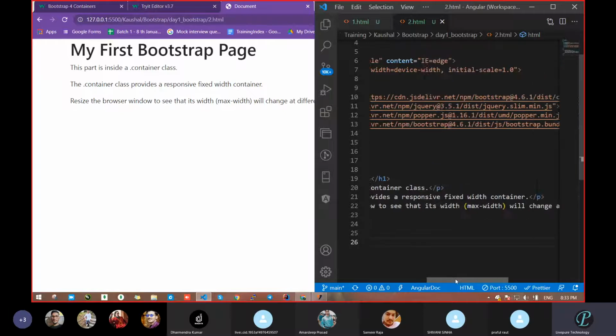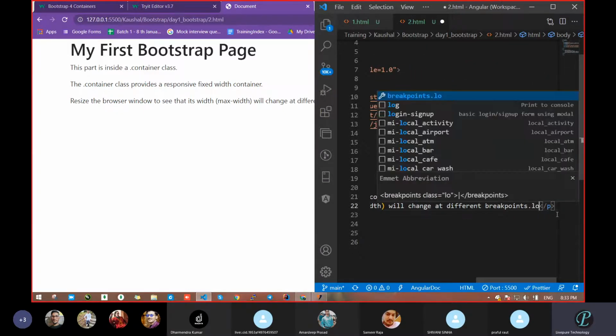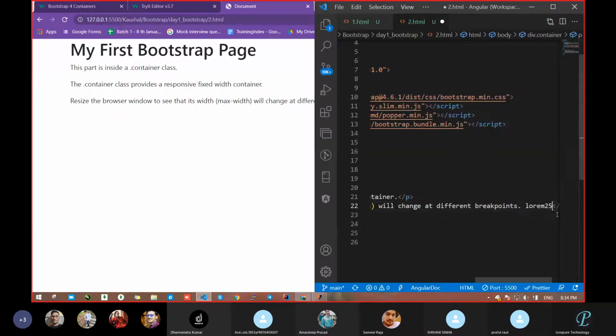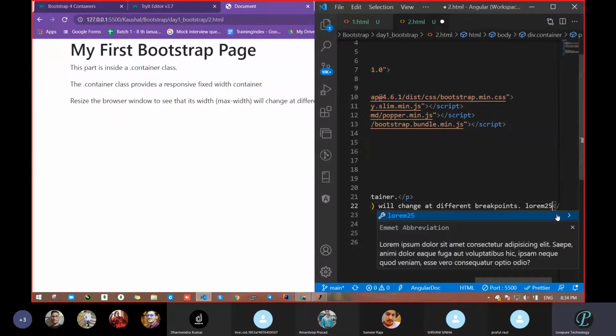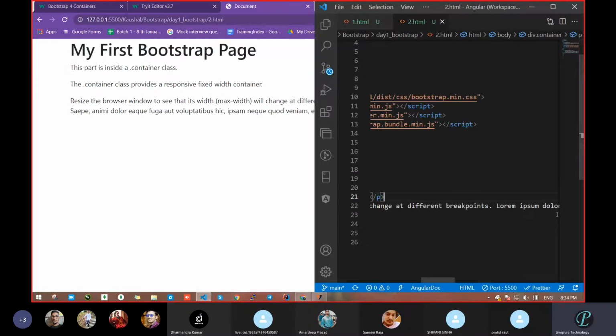So let's do one thing. Give some text here, and then let's verify. See, this is very easy actually, we just have to understand.